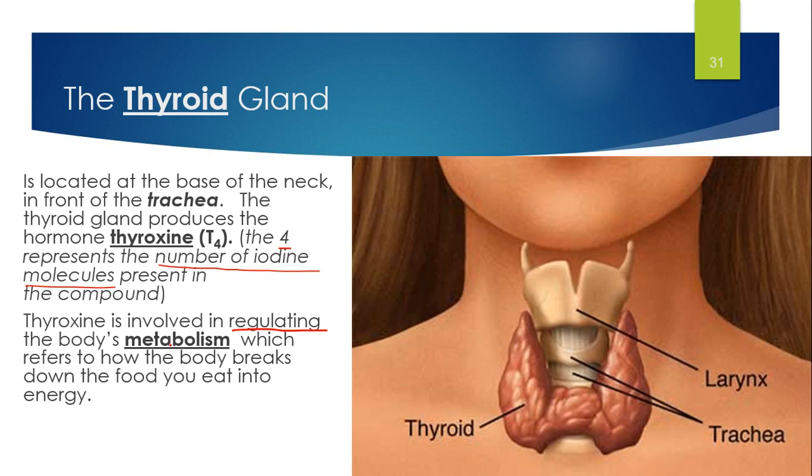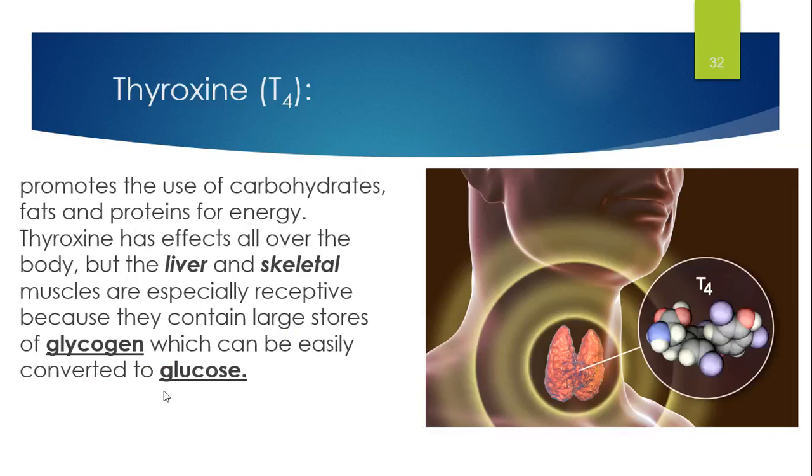Now, in this context, metabolism refers to how the body breaks down the food you eat. Okay, how it utilizes that food for energy. Now, the way thyroxine regulates metabolic rate is that it promotes the use of carbohydrates, fats, and proteins. It promotes the conversion of those macromolecules into energy. Now, thyroxine's target tissue is all over the body, but predominantly it has its effects in the liver